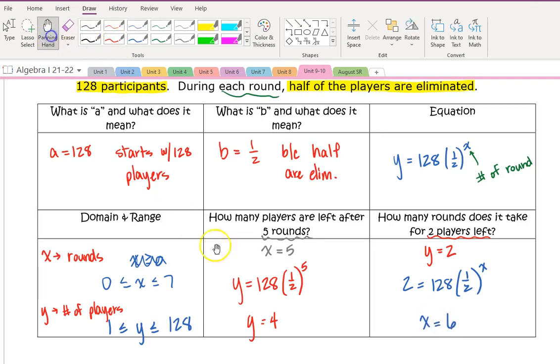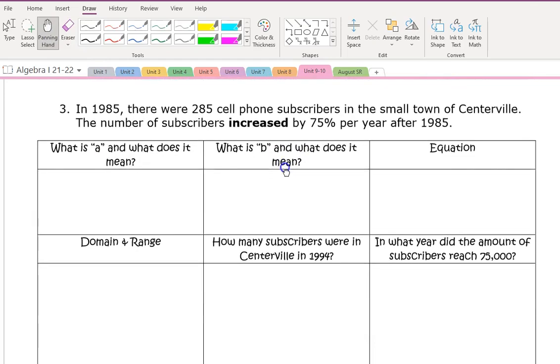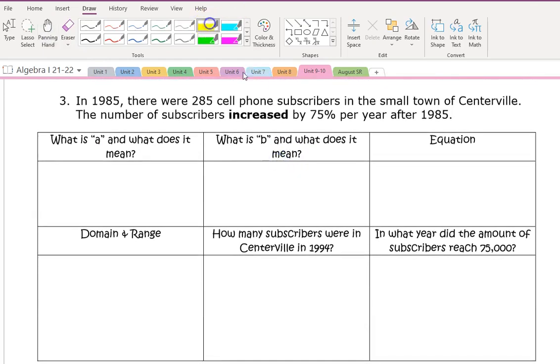All right, I'm going to help you set up the next one, and then I'm going to let you try your best on this one. In 1985, there were 285 cell phone subscribers in a small town of Centerville. The number of subscribers increased by 75% per year after 1985. What is A? What does it mean? How many did we start with? Good, 285. So in this case, 285, and it's because we start with